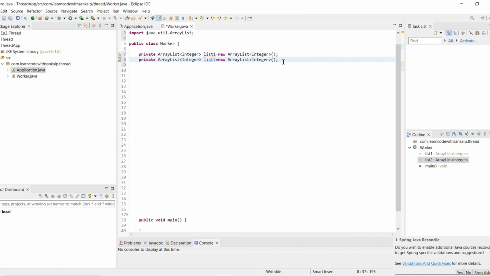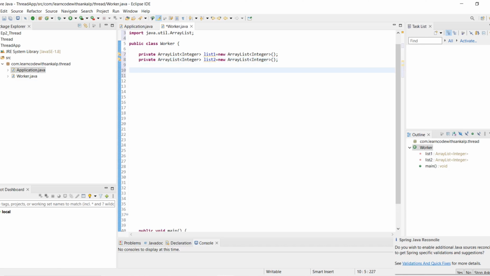Here we are creating two methods like stage1 and stage2.